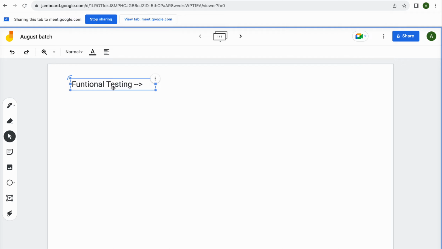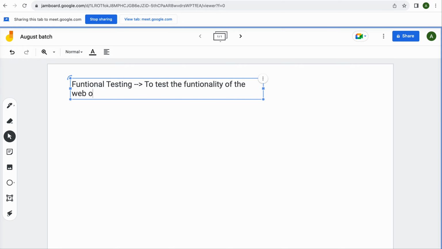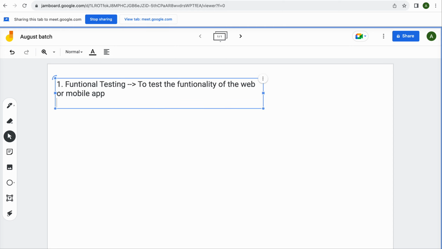Anyone, if you have any doubt, then you can ask, right? So one liner I'm writing here: to test the functionality of the web or mobile app, right? The second is